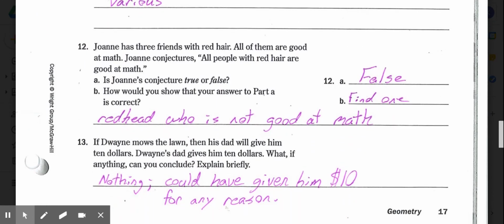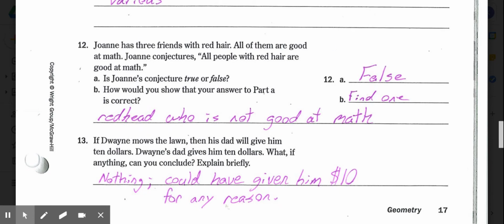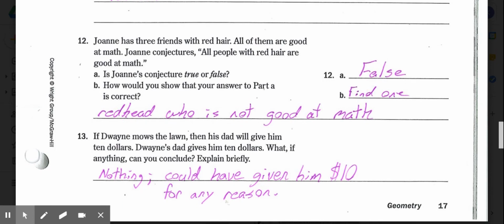And 12, we're looking at parts A and B, and it says, Joan has 3 friends with red hair. All of them are good at math. So Joan conjectures all people with red hair are good at math. Is her conjecture true or false? It would be a false conjecture because we don't know for sure. She hasn't checked every single person on this planet who's ever had red hair to know that they're good at